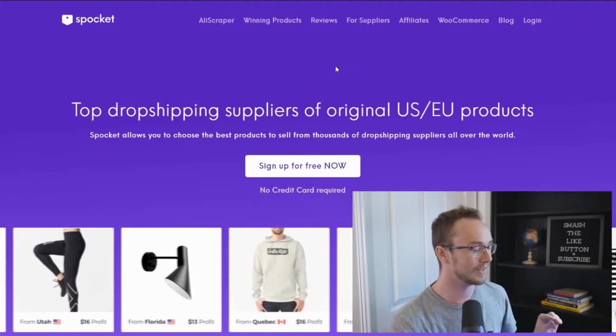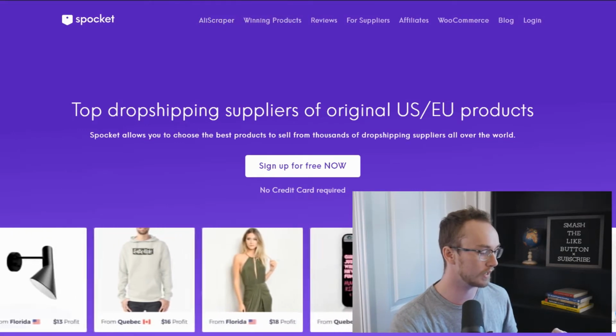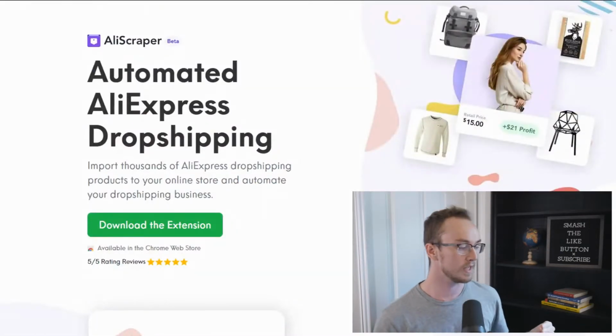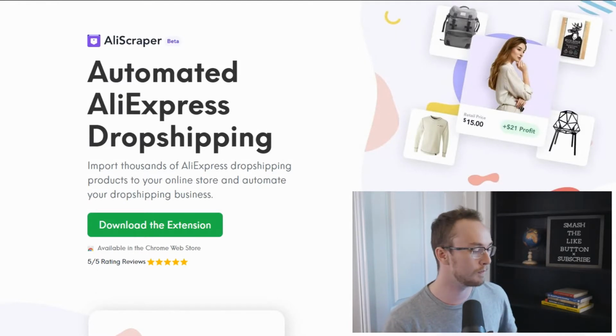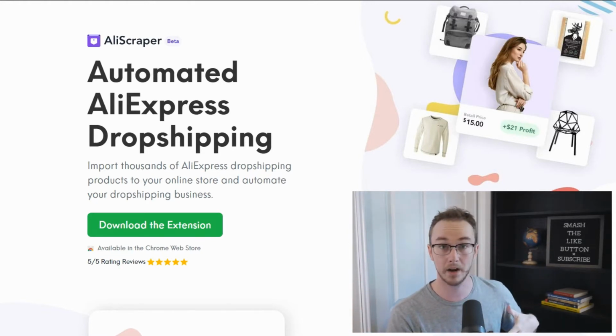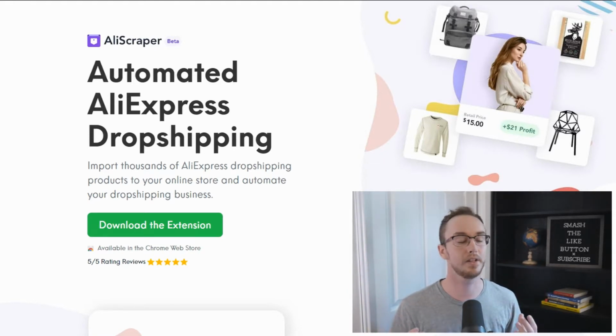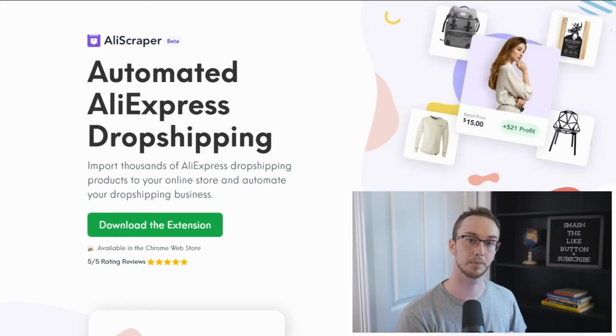As well as Spocket, they also have a new tool called Ali Scraper, as you can see right here. So Ali Scraper is an additional tool that they just put out in beta, and it pairs with Spocket. So it's essentially an automated AliExpress dropshipping tool and plugin. It's almost like an add-on to Spocket, where it allows you to import thousands and thousands of AliExpress dropshipping products to your online store, and allows you to automate your dropshipping business if you want to add AliExpress products, because